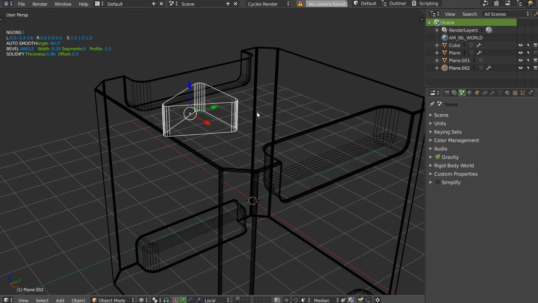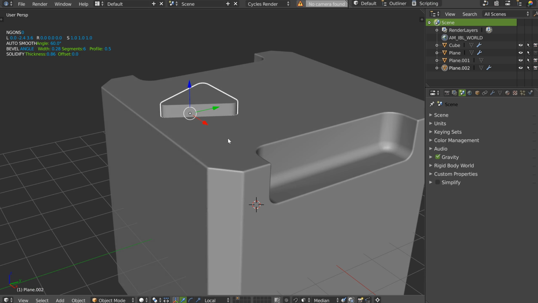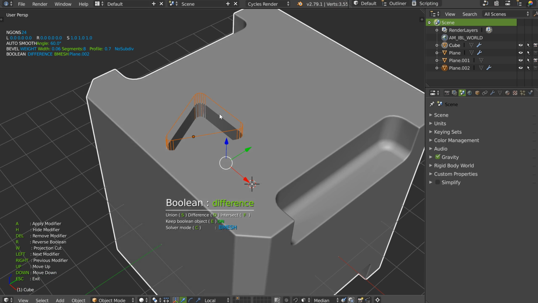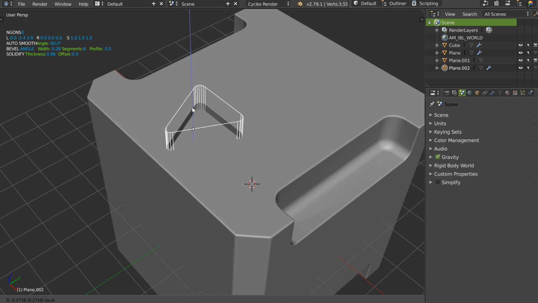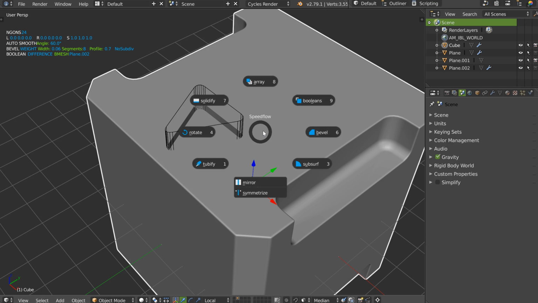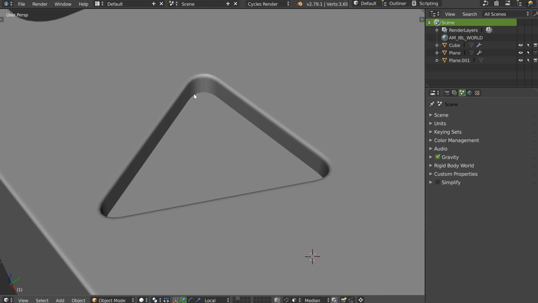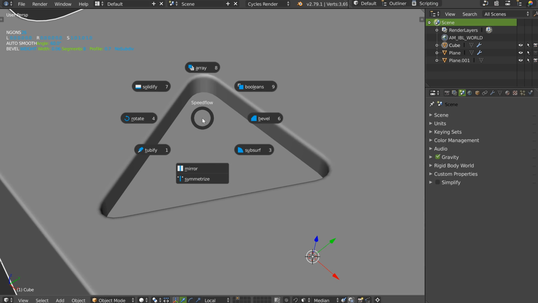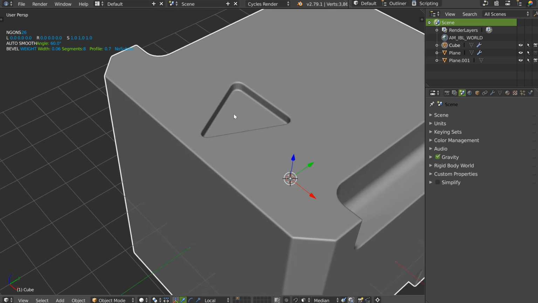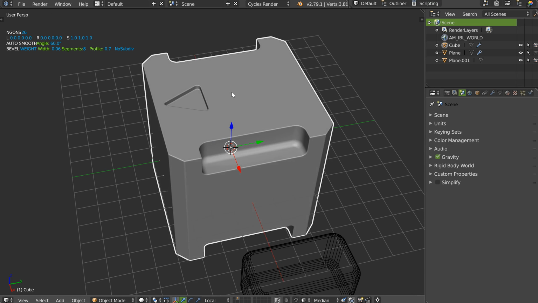like this. If you press Z, I will have this result. I can add a boolean, I can keep the boolean, and when I'm happy, I can apply it with Shift. And that's it, I will have this result. On the next version, we will have an auto update for the bevel. Right now, I have to do this, and I have this result.